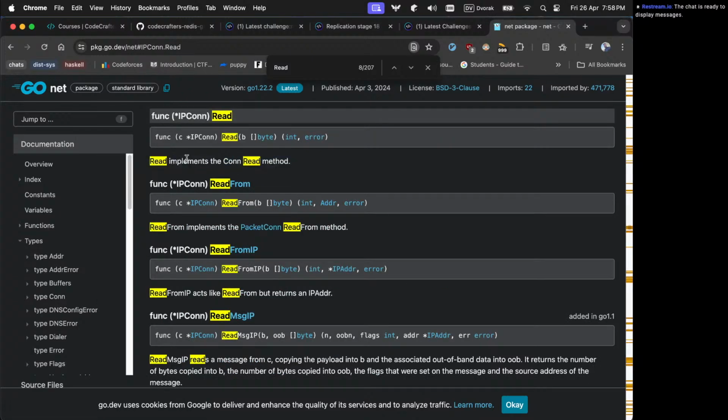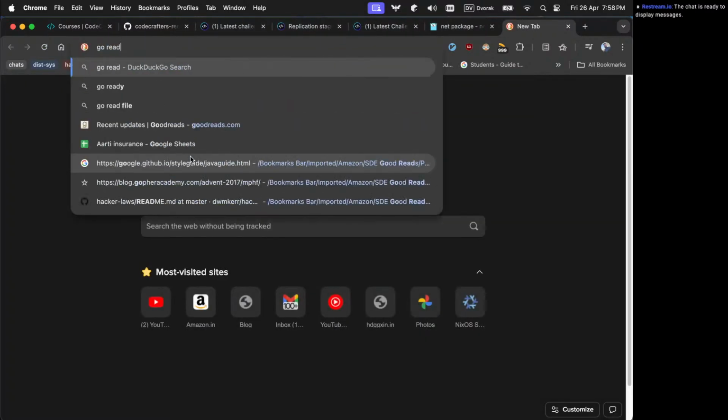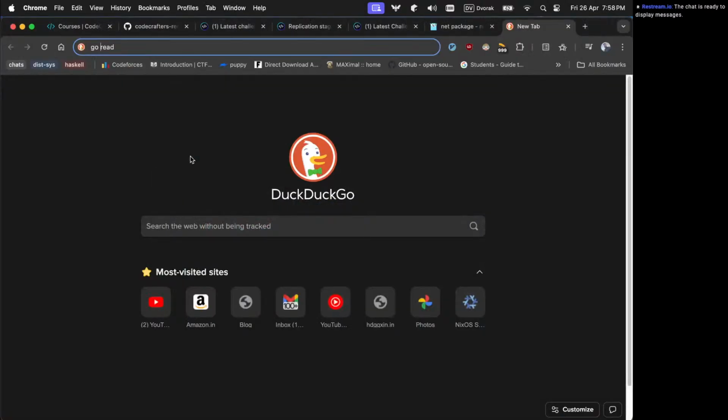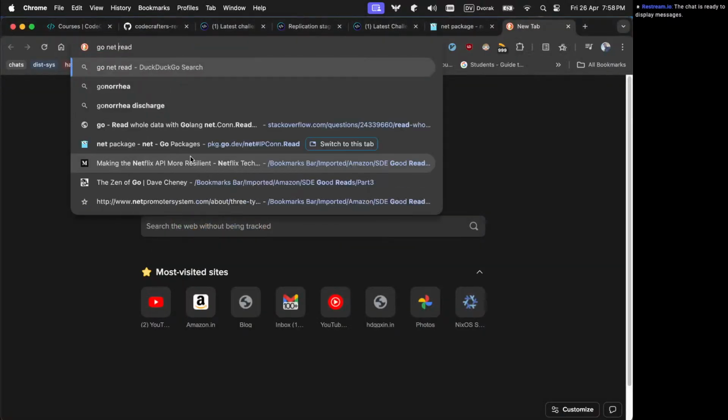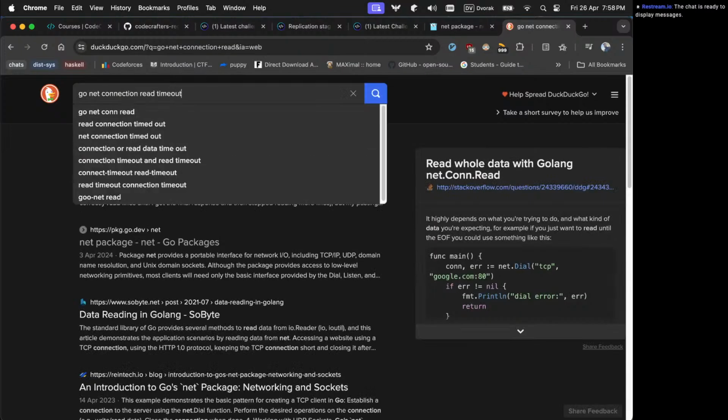Conn read method. So how long does read wait? Go net dot connection read timeout.